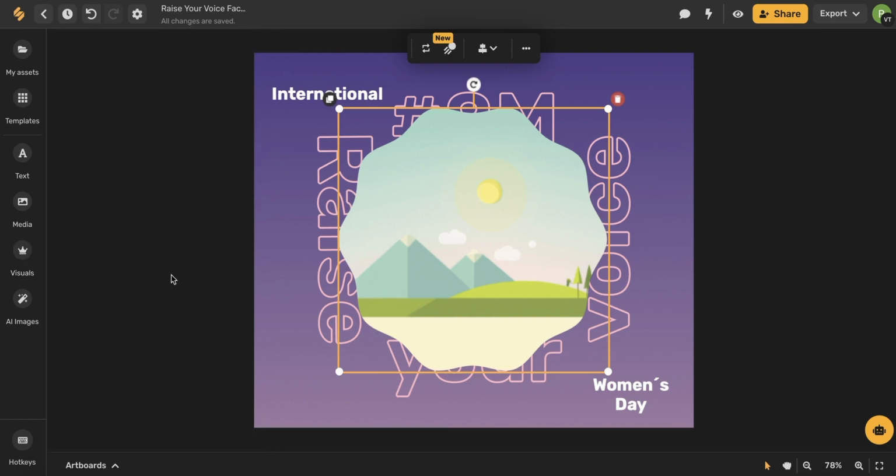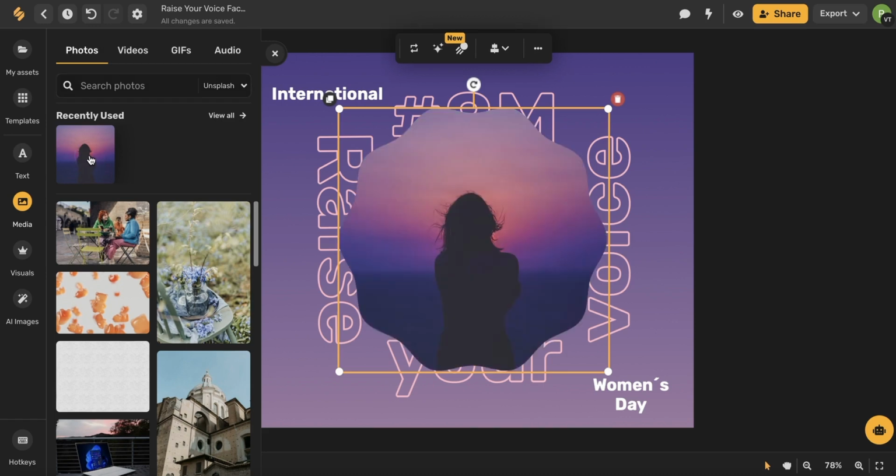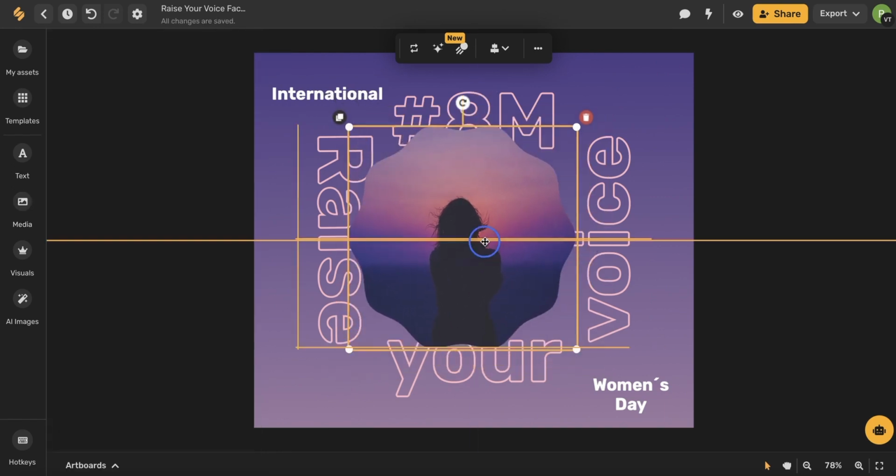Now, our masking shape element is highlighted, and in this top toolbar, let's use this Replace Image icon. A menu will open up on the left-hand side again, and here you can browse Simplified's photo stock libraries. Once you've found the image that you like, simply select it, and now that image will be in the shape of that masking element. You can continue to make little adjustments,